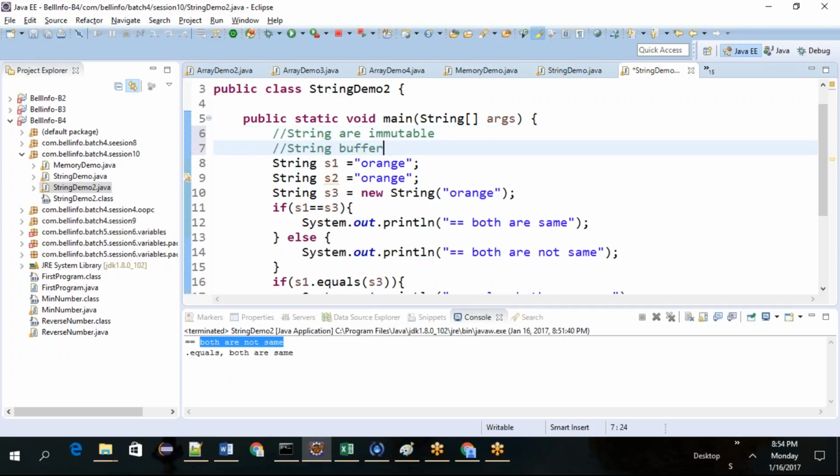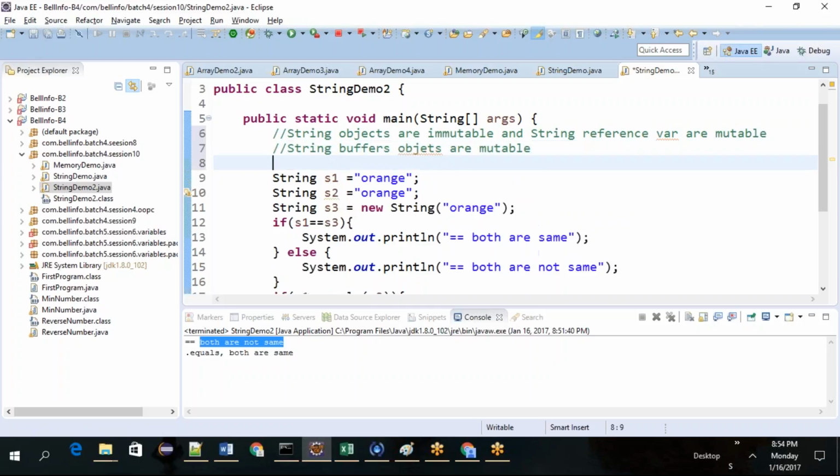String objects are immutable, and string reference variables are mutable. String buffer objects are mutable. String buffer is another way of creating an object, another built-in class that has been there.